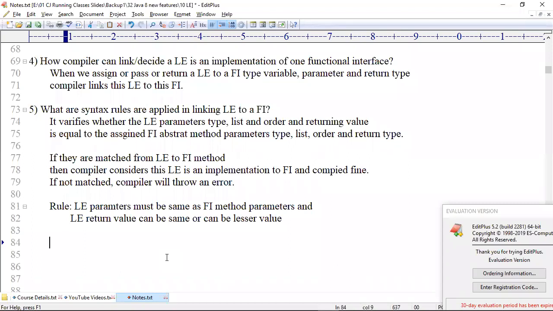People blindly say a lambda expression is an anonymous function. In other languages, it is an anonymous function, right? But in Java, it is not just an anonymous function. It is an implementation of a functional interface. So you must follow the rules. You cannot create it however you like. You are just ignoring the method name, but there are rules you must follow. This point is not highlighted by many trainers, so you need to be very careful in this.